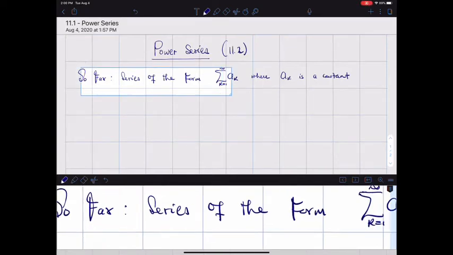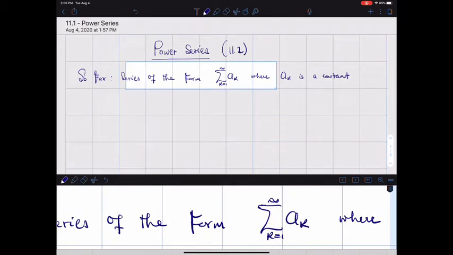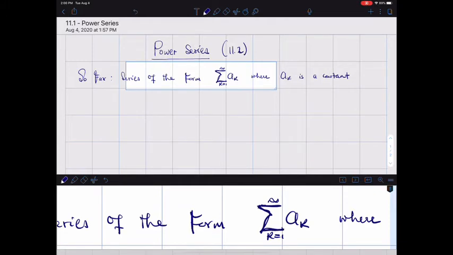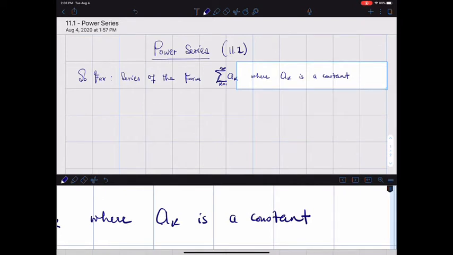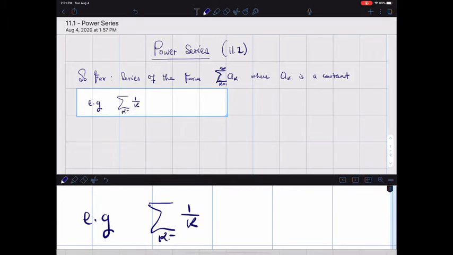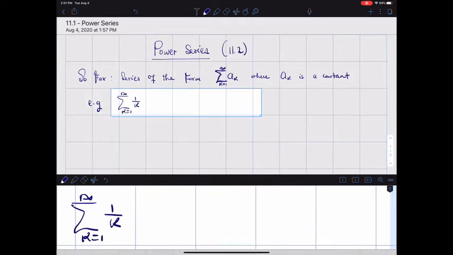All right. So far we've been dealing with series of the form summation from k from 1 to infinity of ak, where ak is a constant. We've studied these types of series, and we've established different tests to prove if such a series is convergent or divergent. An example would be, let's just look at very common series like 1 over k from 1 to infinity,